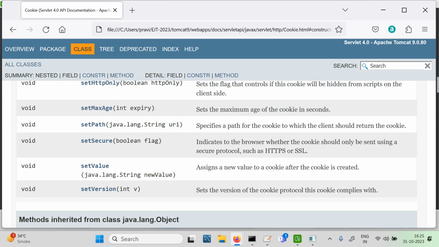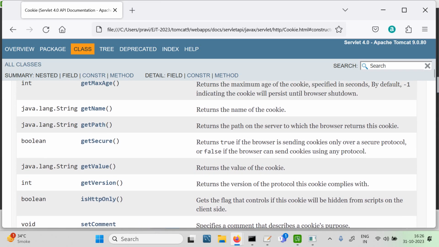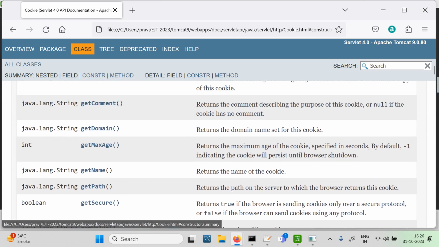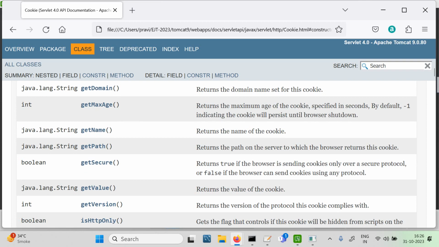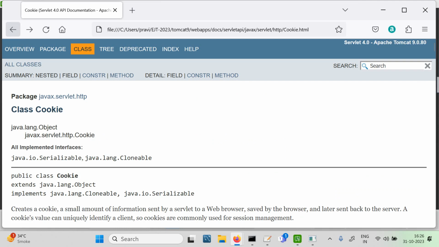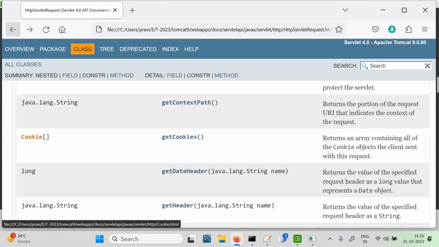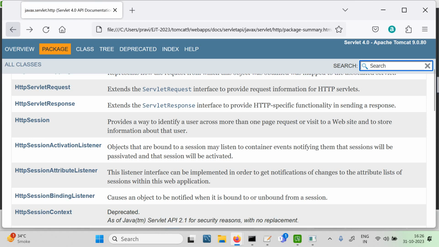HTTP servlet response. When it is a request you have received, you will be using the getter methods, so you can get information from the cookie itself. Comment, domain, name and value. What is most important to us is the name of the cookie and the value for the cookie. And the method which we have in the request is called getCookies. So there is only one cookie related method in the HTTP servlet request, whereas in the HTTP servlet response,